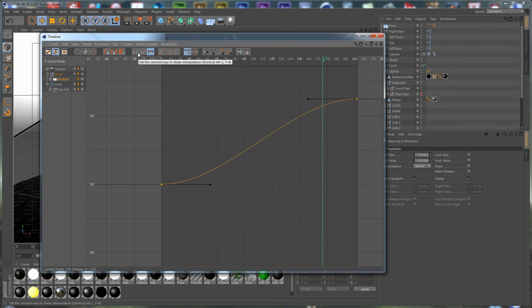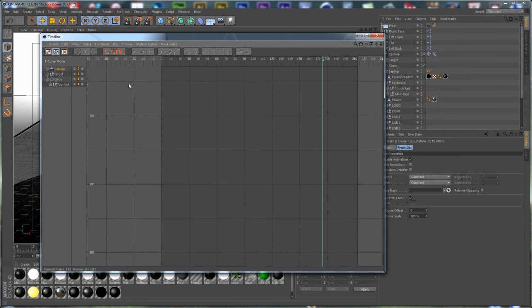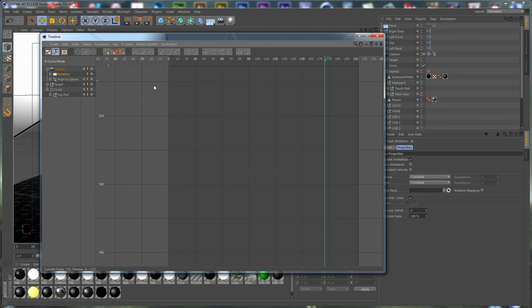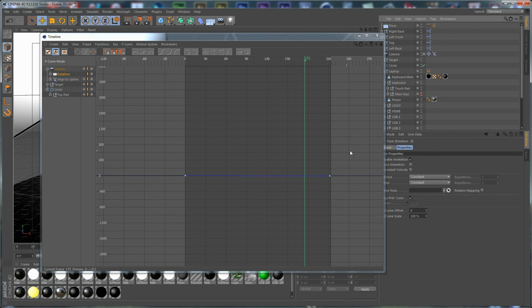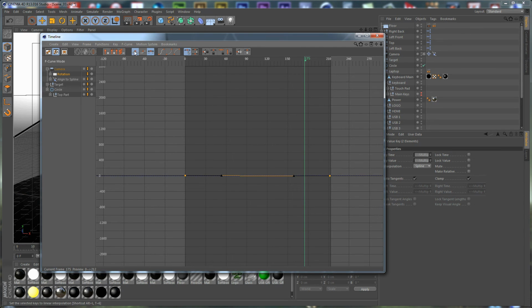So we need a linear curve for the target object. We need to select the camera, and for the camera rotation we need to have a linear curve as well,